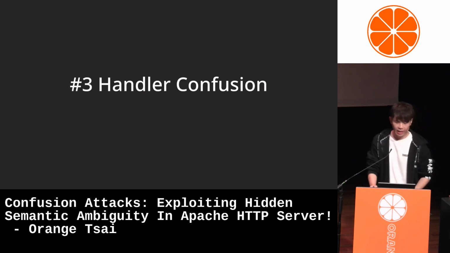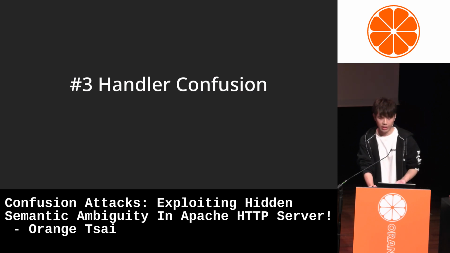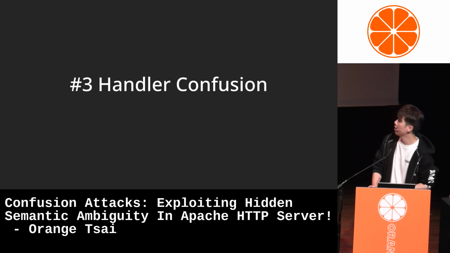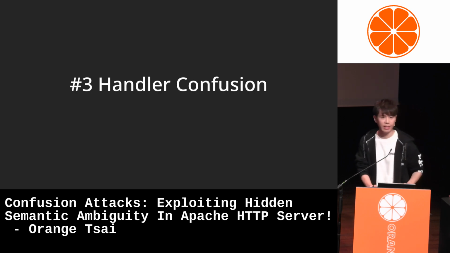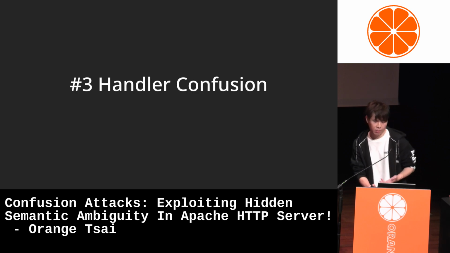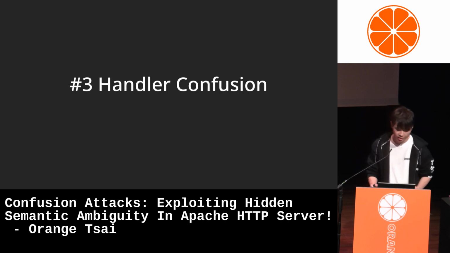The last attack I'm going to introduce is the confusion based on the handler. This is also an attack leveraging a piece of technical debt in Apache server's legacy architecture.